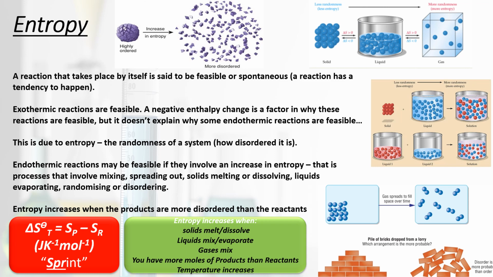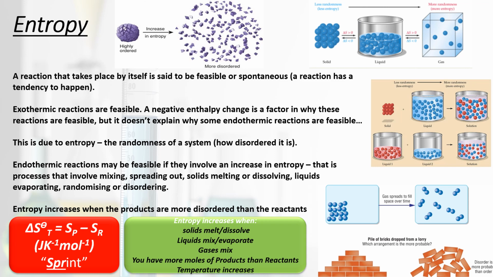If we think about the picture that we've got right at the top of this screen, we have this very highly ordered system. Imagine that to be a kind of ionic lattice. Very, very highly ordered, all the ions in a very specific place, and essentially it's kind of stuck in that one arrangement of all its ions. You can then think about across the arrow, the sort of picture that's on the right there, is it being broken up into its ions, individual ions. Now clearly that picture on the right rather than on the left is a much more disordered and much more random system.